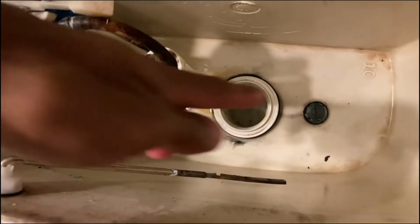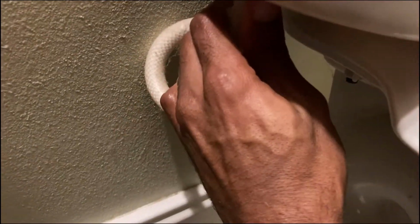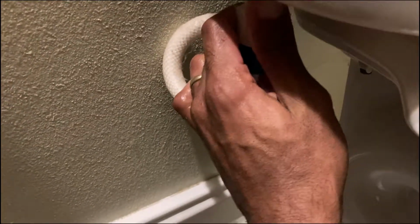Alright, so now you can see this is completely dry on the bottom of the tank. That's the clean water that got a little dirty, basically. So what we're going to do is get underneath here, and we're going to take this loose. And basically, you can just loosen it by hand. But before we get to all that,